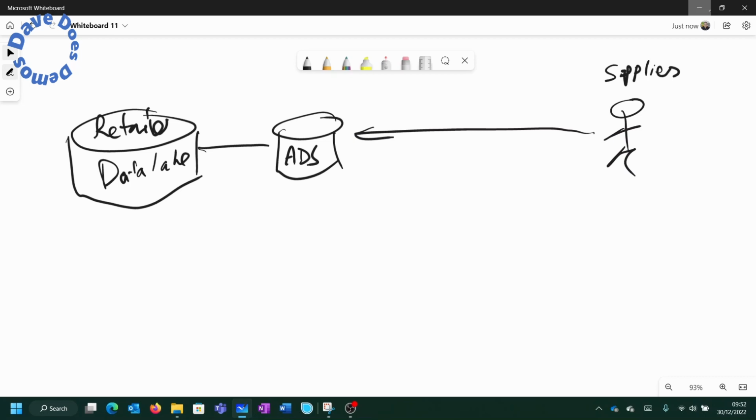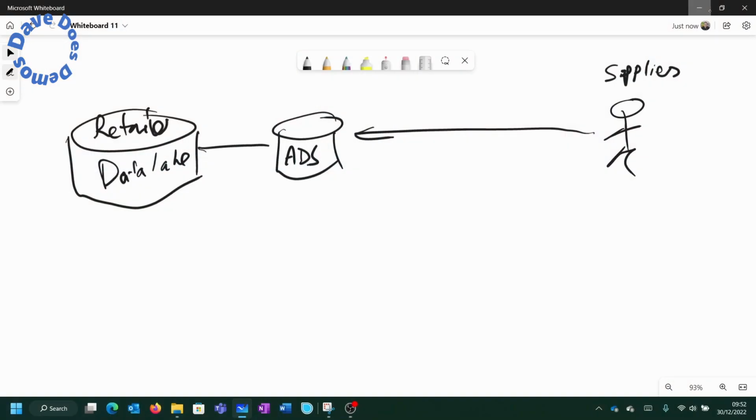Now, if we open up the data lake, effectively we're giving them access to all of our data. And we never want to do that, or very, very rarely would we want to share all of the data, because this is one supplier. There are hundreds or thousands of suppliers, and you don't want them seeing each other's data generally, or they don't want other people to see their data, and because of that, they expect only to see their own. So then we end up seeing people doing really complicated folder structures